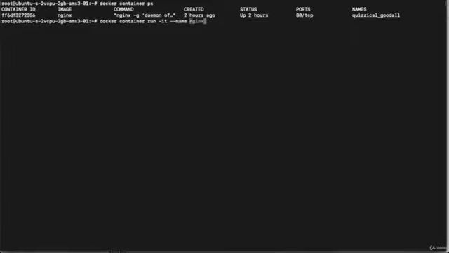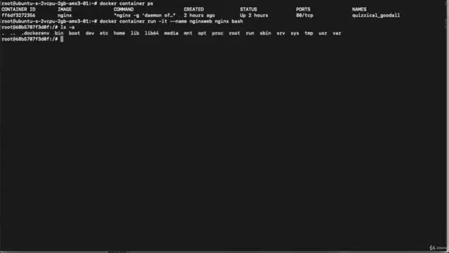--name nginx-web, then the port, then provide my nginx image name and bash. Hit enter. So right now I am in my image of my nginx. If I execute the command ls -a, then I can see these are the directories which are present inside my nginx image. If I go to tmp